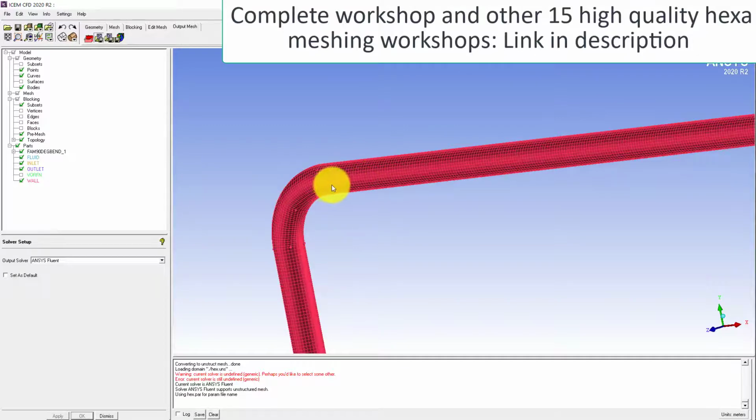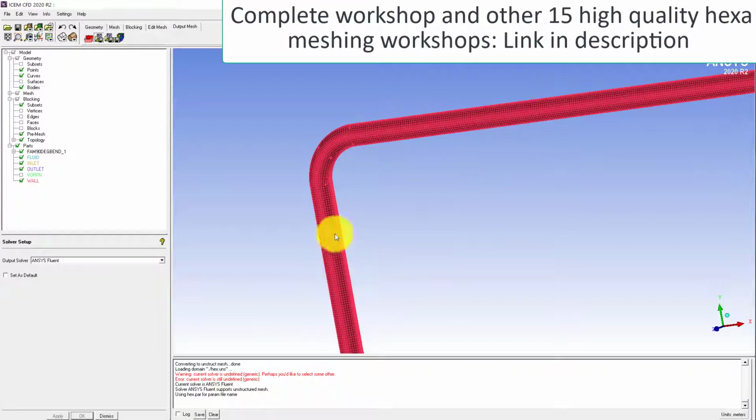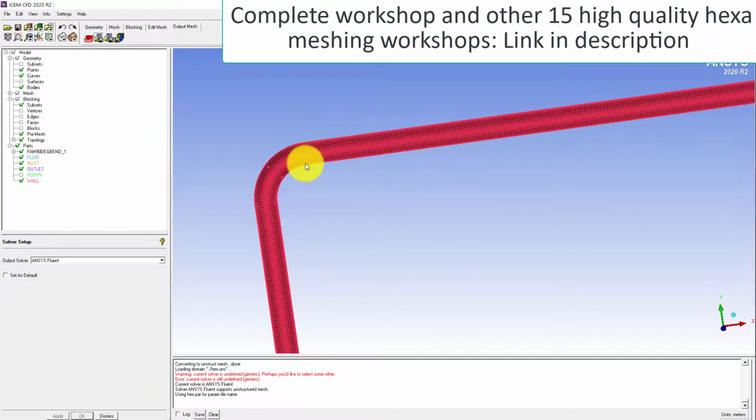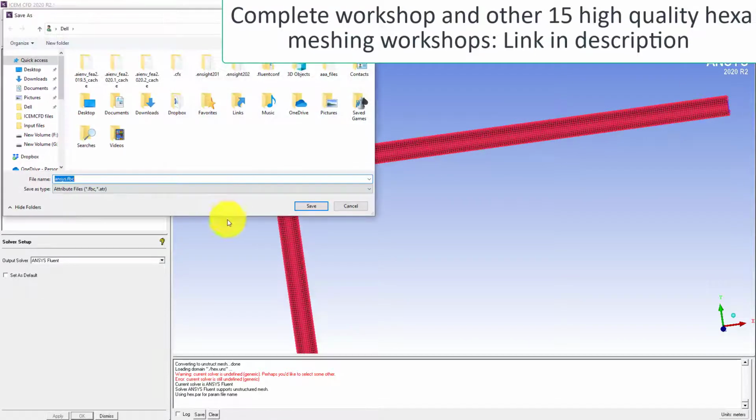So I would suggest that you should make fewer mesh nodes on these sides, especially this inlet pipe, and we should put more nodes, more mesh sizing on these edges, because we have the bend here, so we expect there would be higher gradients. And just after the bend we will have some separation, so in this vicinity, which is the close vicinity of this bend, also put more mesh here, so that we can resolve that reverse flow or the separation more precisely. And now simply export the mesh.